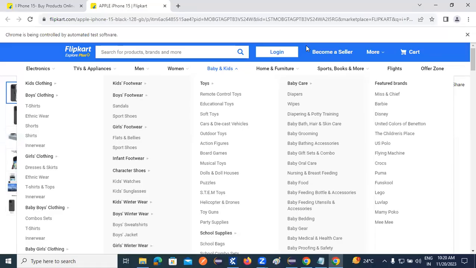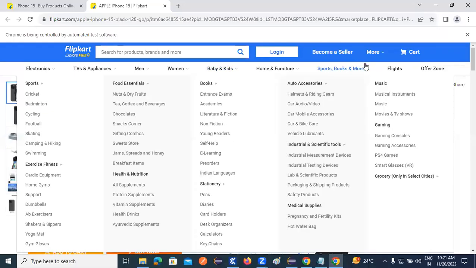How to handle the frame? If we want to handle any element inside of the frame, comma,